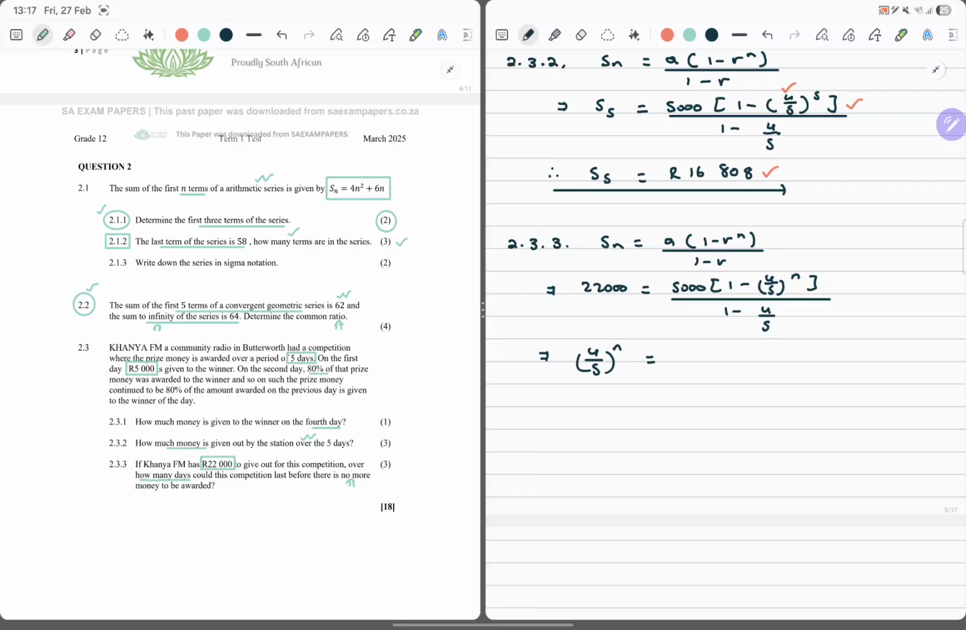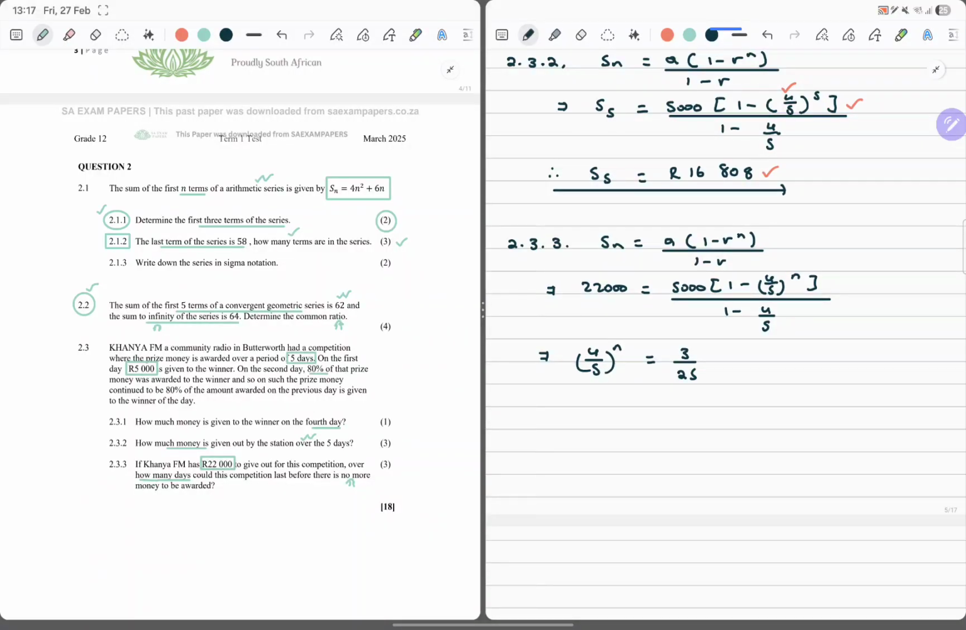It's not making sense. So this is basically going to be 1 minus, right? It's going to be 1 minus 22,000. Okay, let's do this. It's going to be 22,000 into 1 minus 4 over 5, right? And all of that divided by 5,000. So what we get here is 3 over